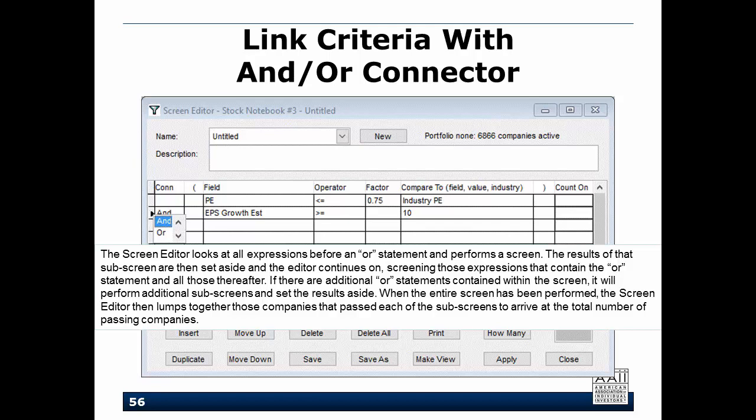This can get a little complex. You've got this slide in your handouts that discusses this. Inevitably, the question comes up of what's the difference between an AND and an OR. Ultimately, though, what the screen editor does is it looks and takes all of the criteria that lead up to an OR statement. We'll take the companies that pass all of those set of criteria and set them off